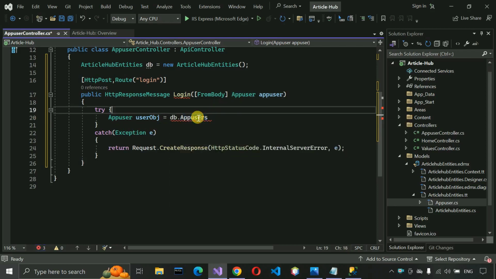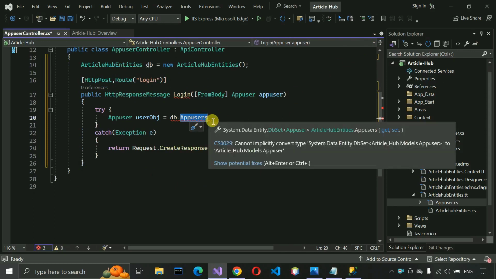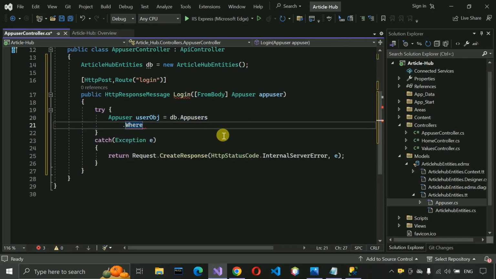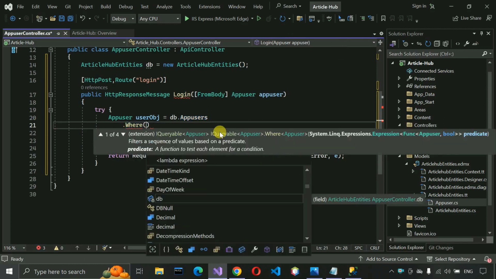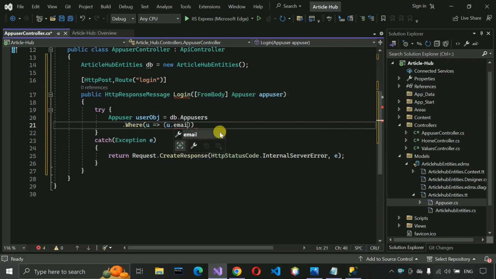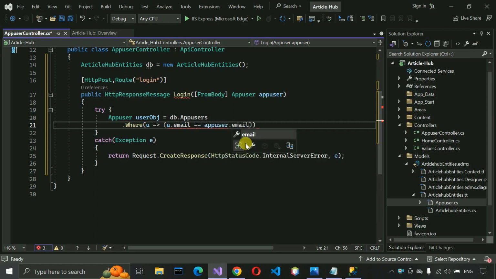db.appusers. So this one. If I click on it, you can see all the DbSets are visible. After accessing this one, we are able to insert, search, and do all the activity related to that particular table. After that we have to just write where, and search for the user, and in the brackets we have to write u.email address equals to, and then we have to pass this app user here. So app user dot email address, from the body we are getting, and u dot password is equals to